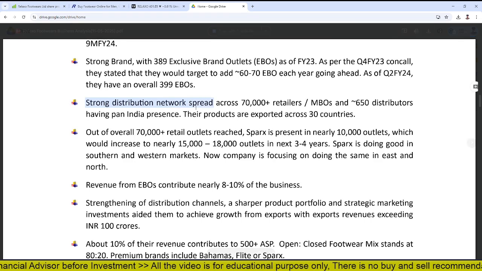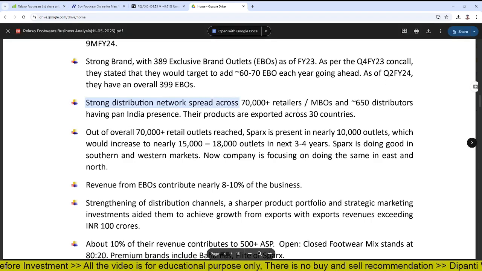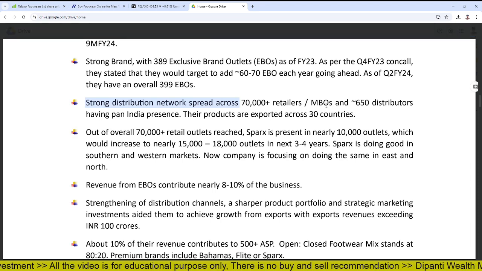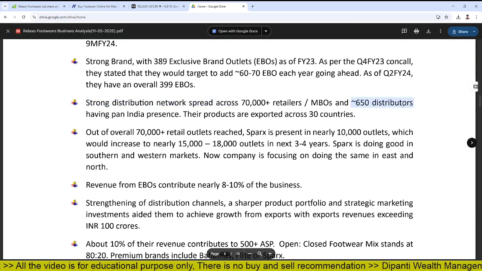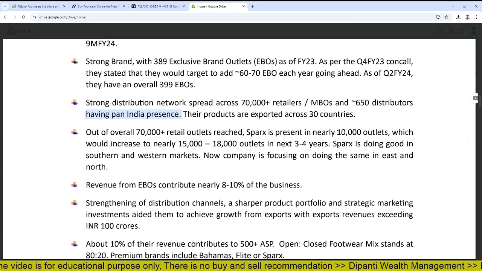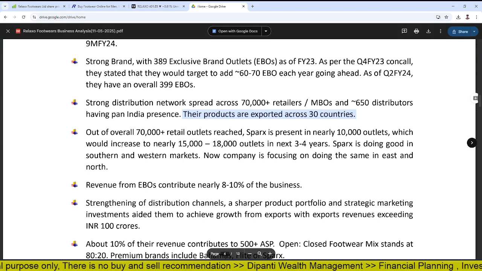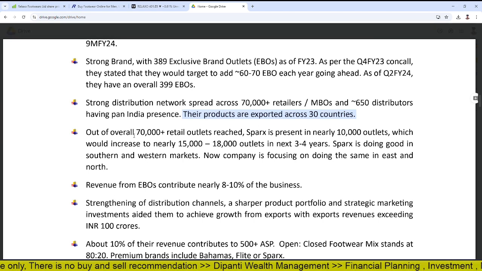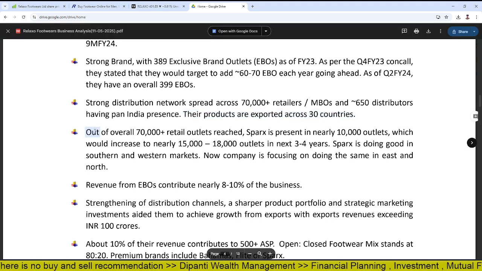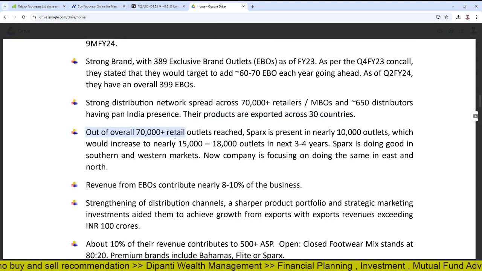Strong distribution network spread across 70,000 retailers or MBOs and 650 distributors having pan-India presence. Their products are exported across 30 countries. So the company is exporting its product across 30 countries across the globe. Out of overall 70,000 plus retail outlets,